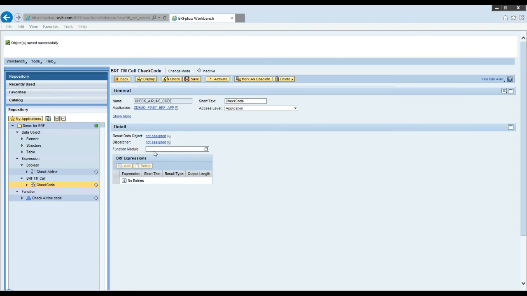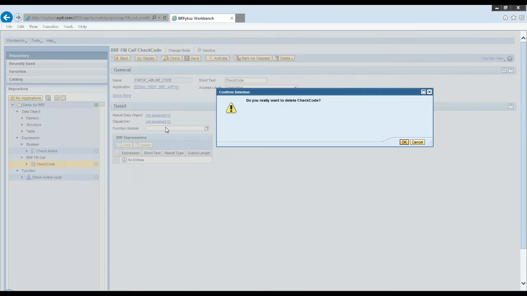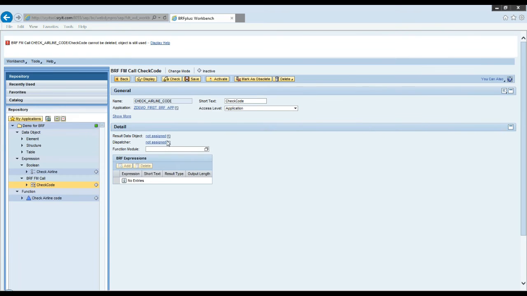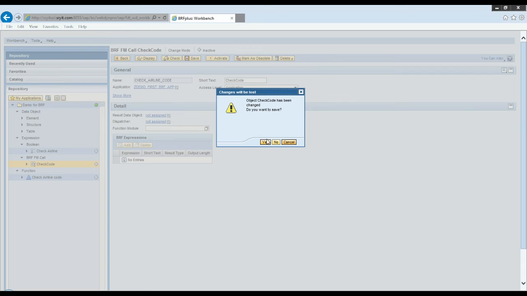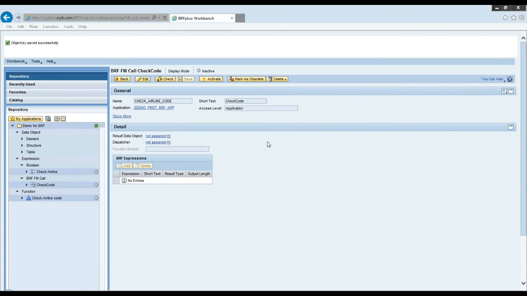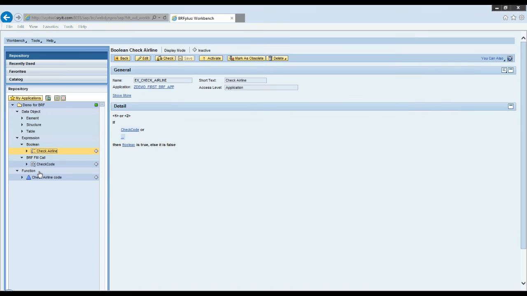I can call a function module in the backend also for this. Let me directly define the expression over there. I will just delete it. I'll just show whether we can call a function module from here or not. I go back to my expression, check airline.